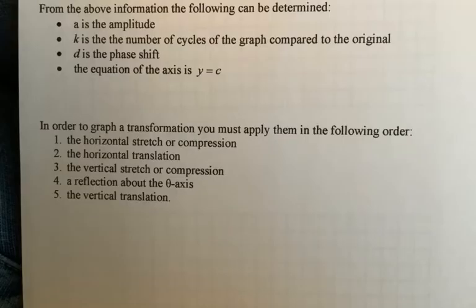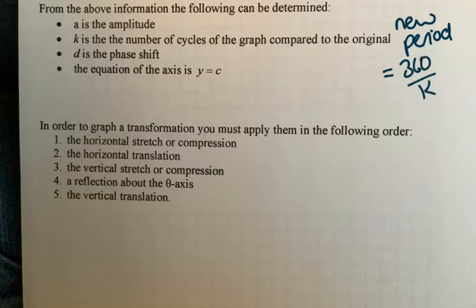So from the above information, the following can be determined. A is the amplitude. So we talk about amplitude when we talk about trigonometric functions, so the highs and the lows and halfway between that. K is the number of cycles of the graph compared to the original. So to determine the new period of the function, the transformed function, we do 360 degrees divided by k. Because the period of a sine or cos function is 360 degrees, so we divide by k,